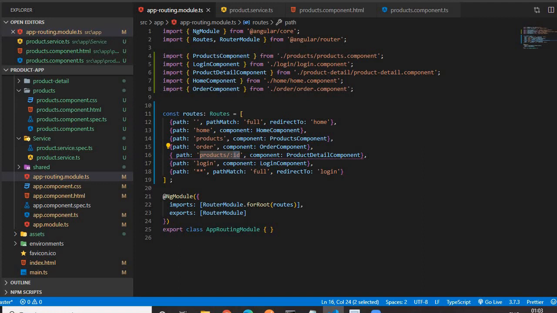And this is the syntax of configuring the parameterized routing, colon, then a placeholder name. Okay, then we will configure the respective component for this path. For this path we want to trigger the product detail component. That's it. Its work is done. App routing module work is done. Next is we need to